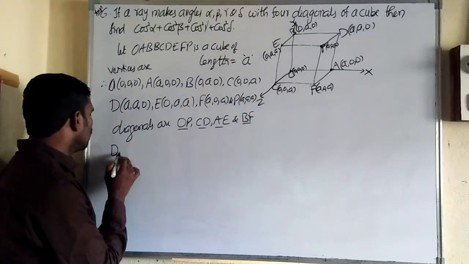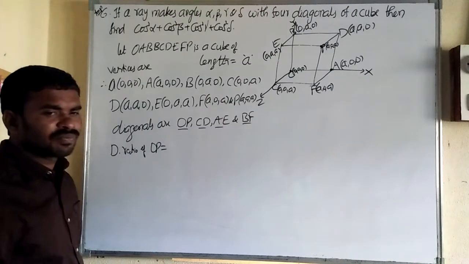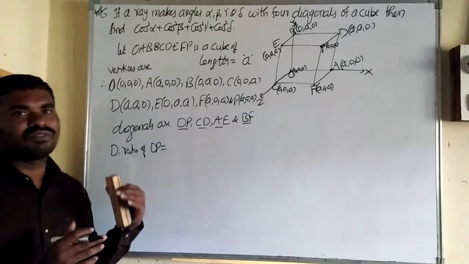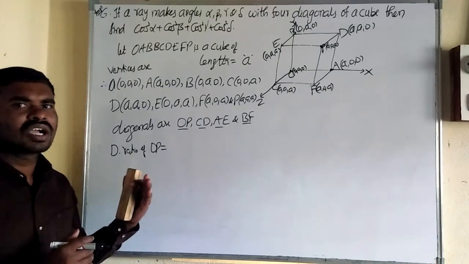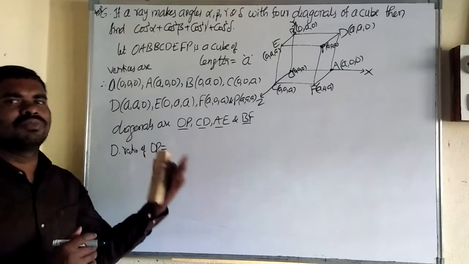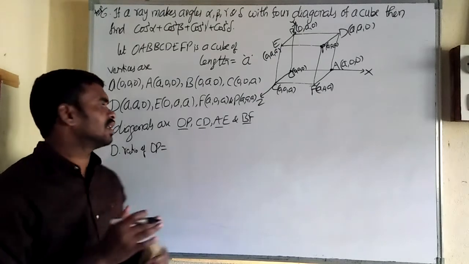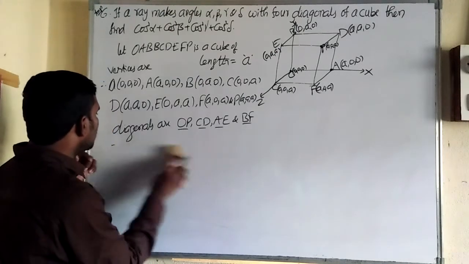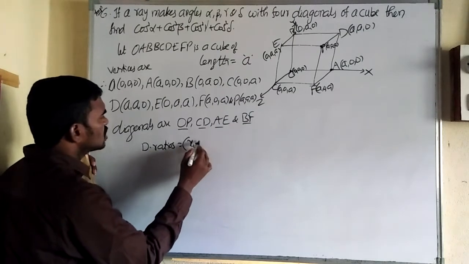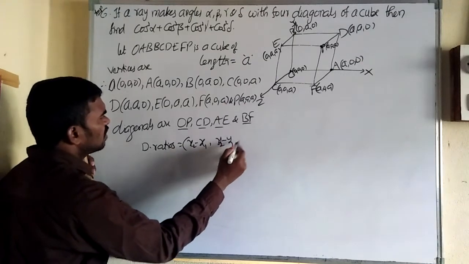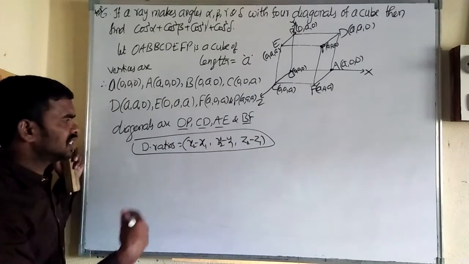Okay. So therefore, direction ratios of OP. What is the direction ratios formula? Yes, x1 minus x2, comma, y1 minus y2, comma, z1 minus z2. Otherwise, x2 minus x1, comma, y2 minus y1, comma, z2 minus z1. These are the formulas to find direction ratios when 2 points are given. So I am writing the formula first of all, using the second formula: x2 minus x1, y2 minus y1, z2 minus z1. When 2 points are given, the direction ratios formula is that one. Just I am writing here.